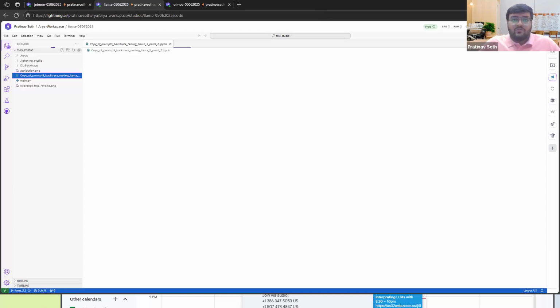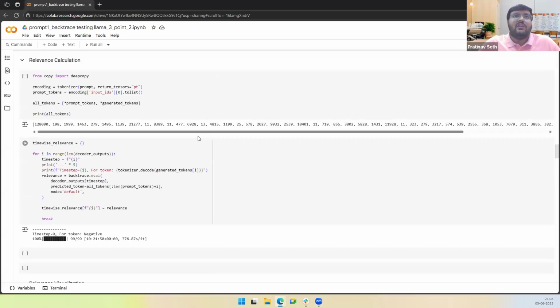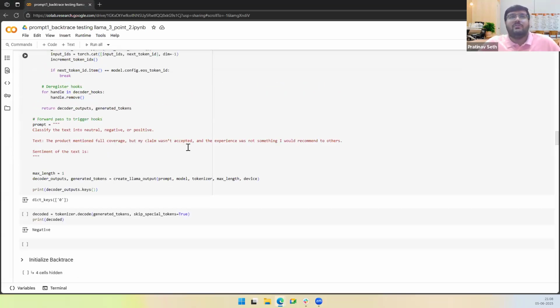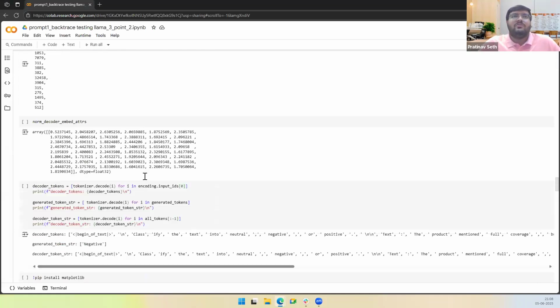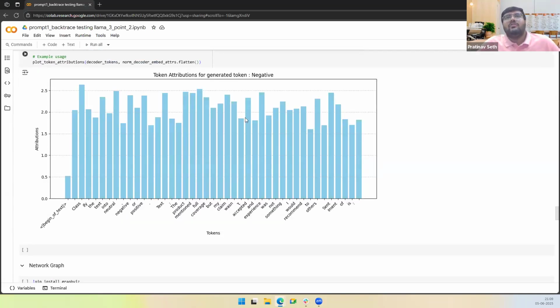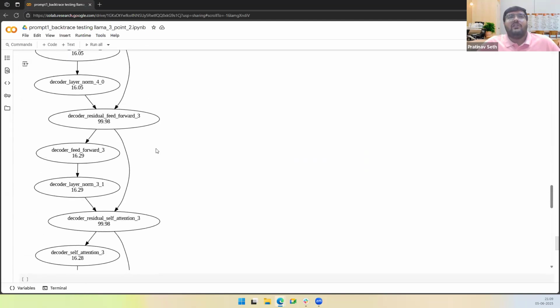Yeah. So let's say for Llama, you have something like this, where you have a sentence which you are trying to classify. Again, this is something which we saw earlier, the sentiment. So you have all these processes where you're going into each token, and then you're able to see which one is important, which one is not, and you get a graph like this.